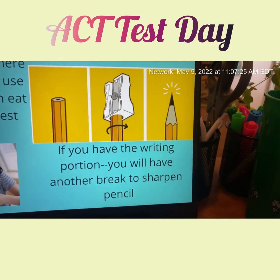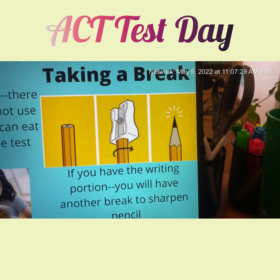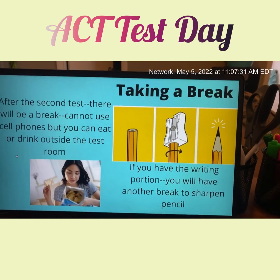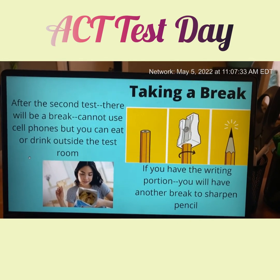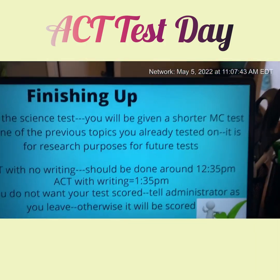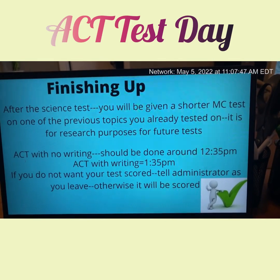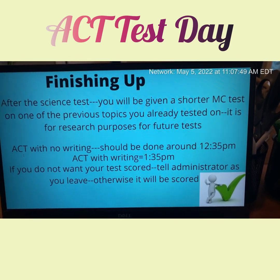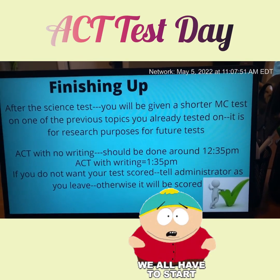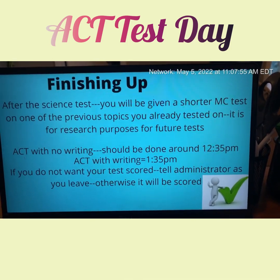Also, if you're doing the writing portion, you will have another break to sharpen a pencil after everyone else has been dismissed and you are there for the writing component. And now we're going to finish up the ACT. Now that you have prepared for it, you know what it is, you know what to do during the test, and now that you're almost at the end of the test, be aware that after the science test, which is